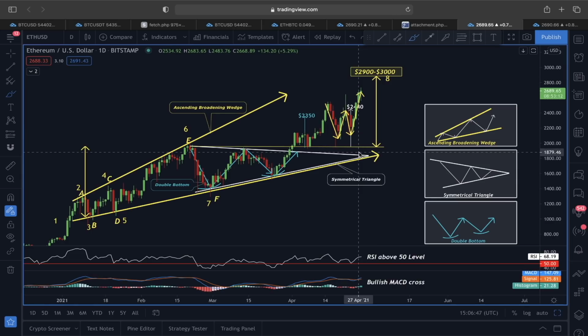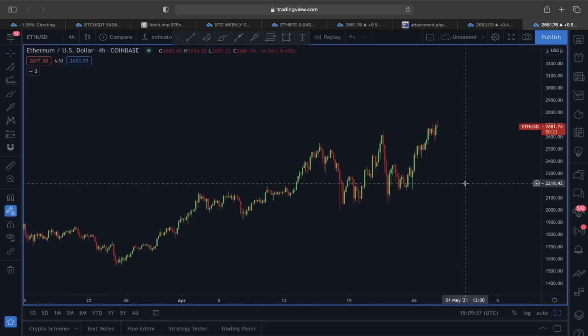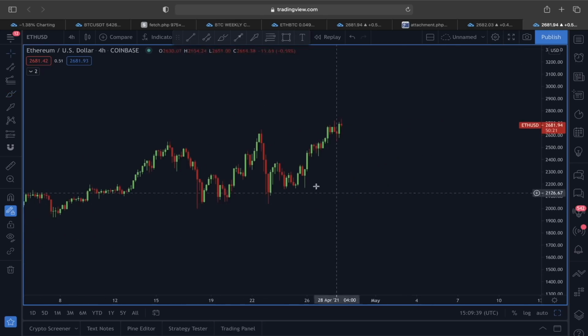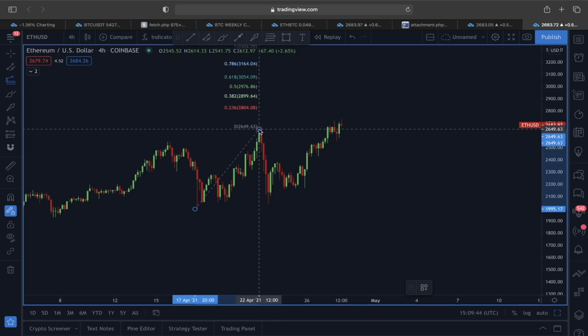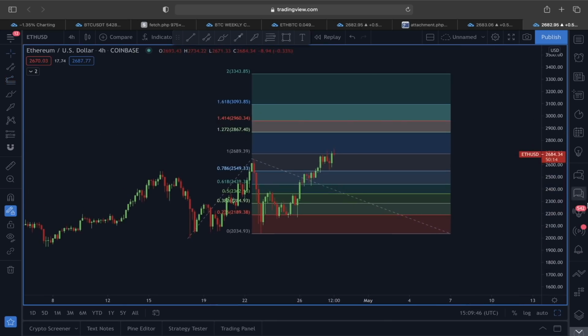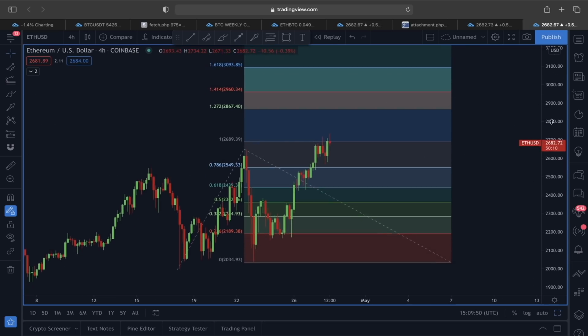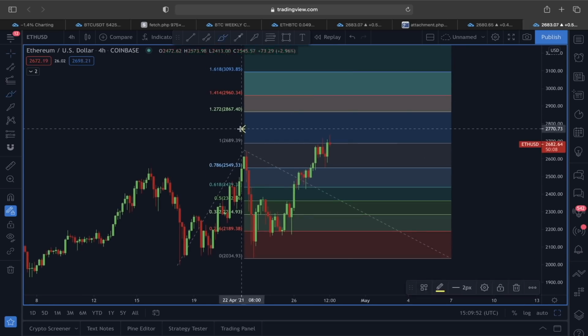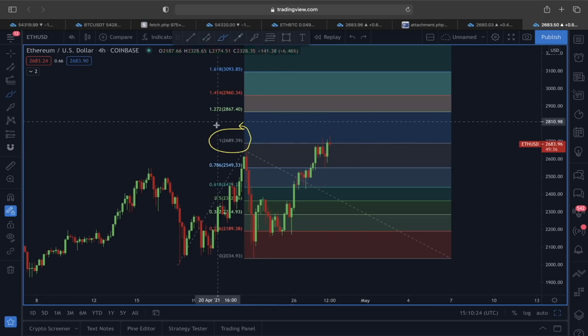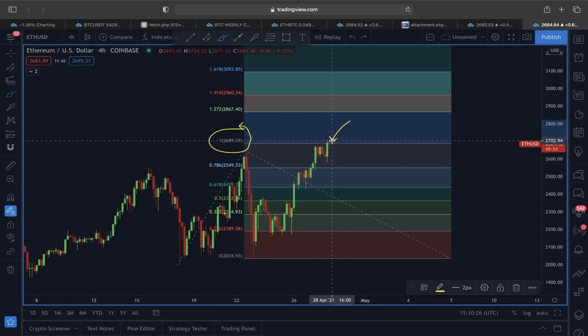But if you also want to know the short-term price target, no problem, guys. Let me show you this in a smaller time frame. So for now, I'm going to simply add this Fibonacci extension level for Ethereum. Why? Because I will be focusing on the upward price movement that could be playing out in the upcoming days for Ethereum. So right now, as you can see, this is a 100% Fibonacci extension line that is acting as a resistance at this current stage.